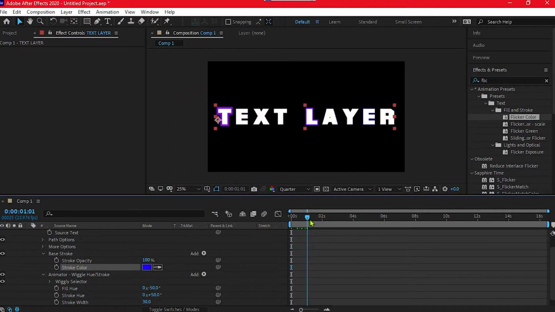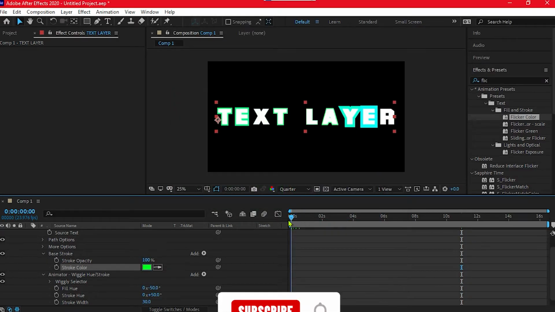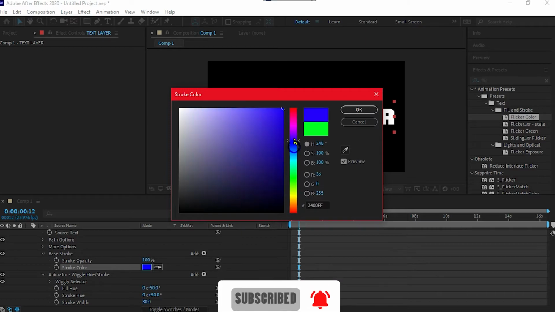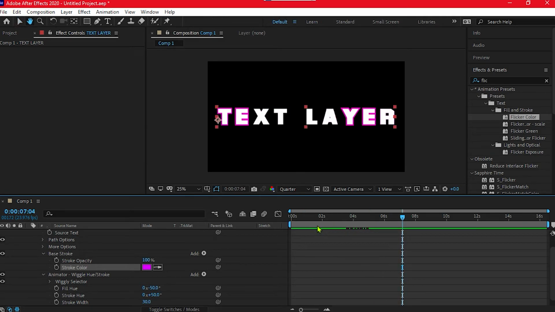The color option depends totally on you. I'm going to use blue right here, and now I'm going to change this to the green fluorescent one. Just play with these options and you'll figure it out. It's easy, it's not that complicated, but do go through all of these effect controls.